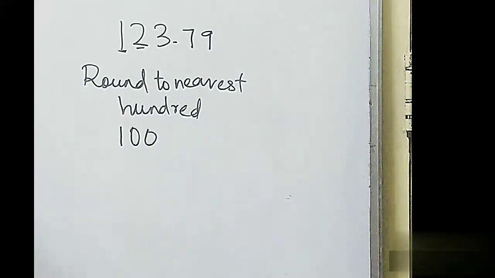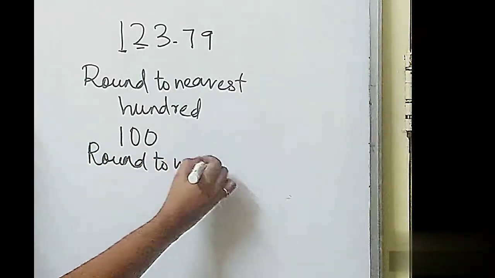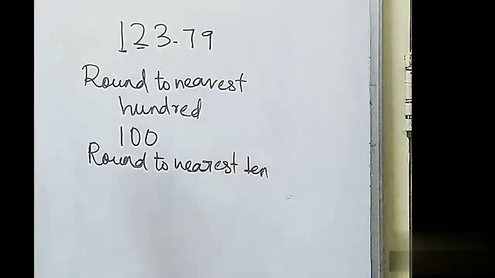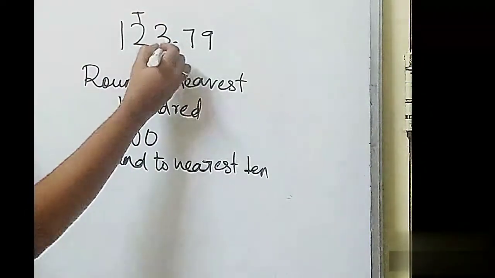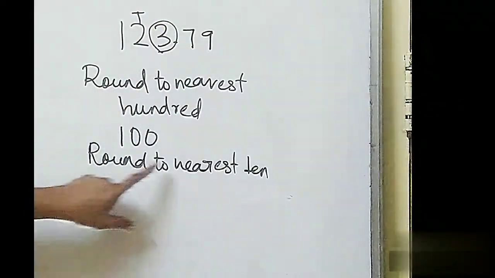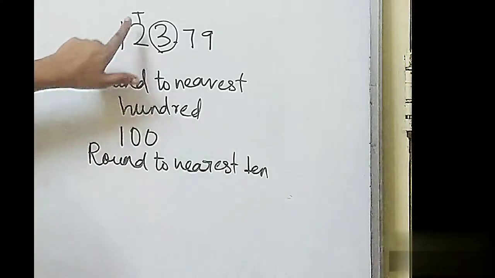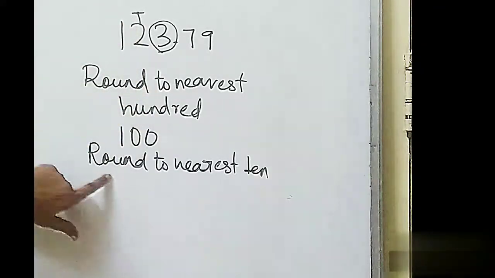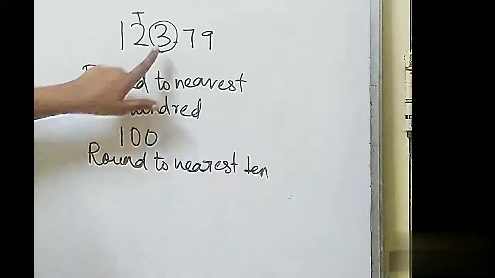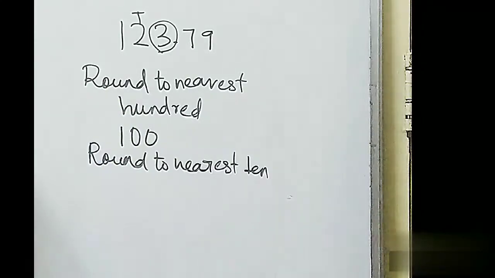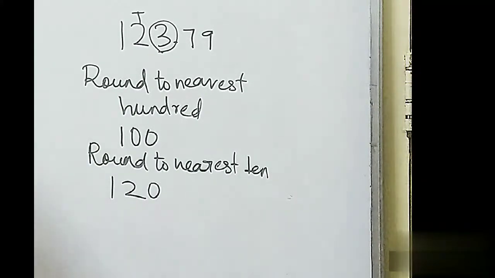Okay, students. Now I'll see about round to nearest 10. Nearest 10 means what will it be? You are talking about the tens place. This is the tens place. Now see, when you round to some place value, like 100, you are going to see the next place value. Here 100 was there. What was the next place value? Tens, you saw the number. Similarly, round to nearest 10. The nearest 10 is the tens place, 2. You have to see the next number, 3. Is 3 greater than 5 or less than 5? It is less than 5. So I'll keep 1, 2 as it is. I'll put 0 like this. This normally you studied in your lower standard.